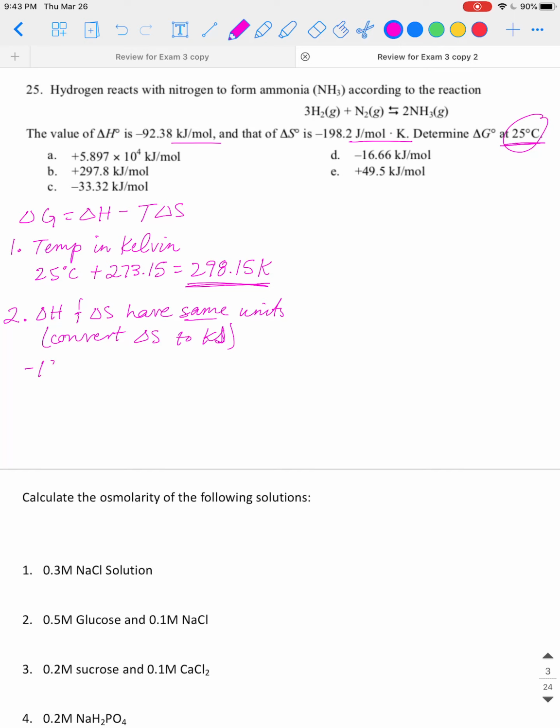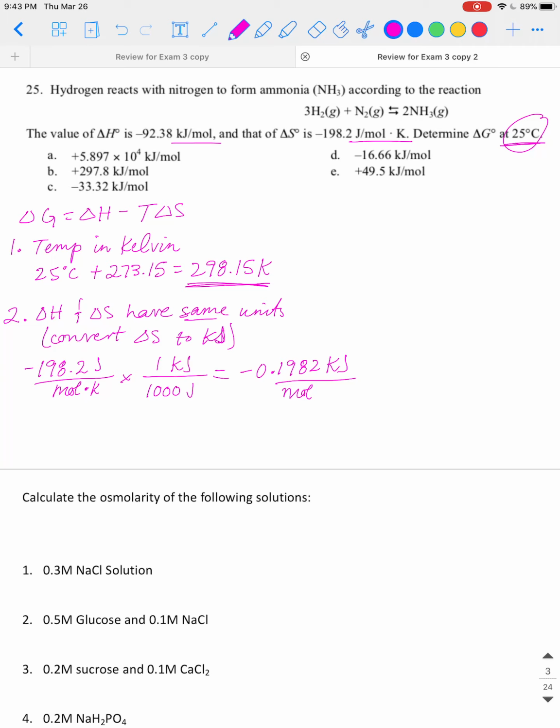We have negative 198.2 joules per mole times Kelvin on the bottom, and we're just going to convert joules to kilojoules. So there's 1,000 joules in 1 kilojoule. Remember, when you put kilo in front of a unit, that prefix increases the size of the unit by 1,000. So that's why we said there's 1,000 joules in 1 kilojoule. So essentially we're just taking 198.2, dividing by 1,000, and we should get negative 0.1982 kilojoules